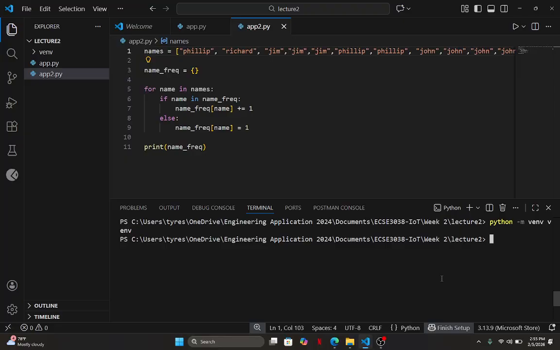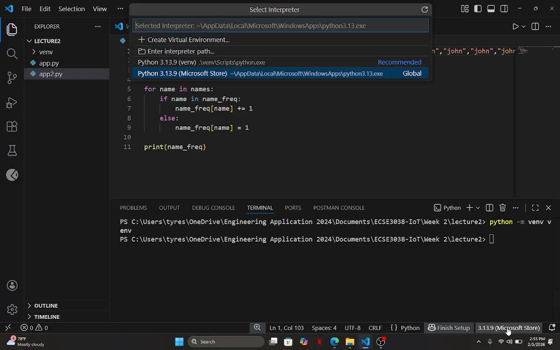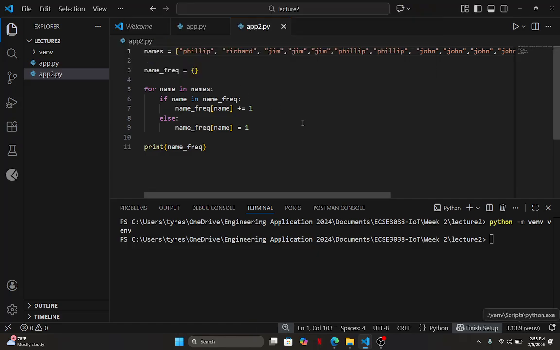Right now, VS Code is using the system version of Python. This is the version of Python that's installed on the computer. I don't want it to use that anymore. I want it to use a virtual environment Python now. So I'm going to click on that, and I'm going to tell it use the virtual environment Python. Click on that now. So now, it's using the virtual environment version of Python instead. And we will continue doing our code using that virtual environment version of Python.